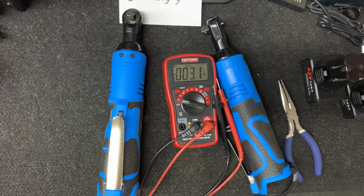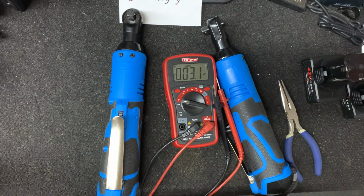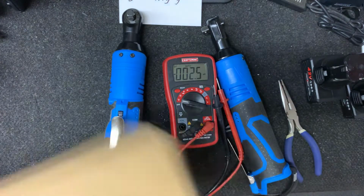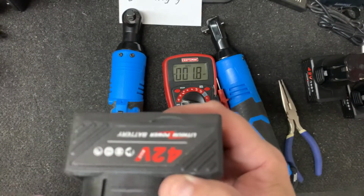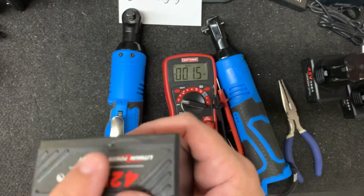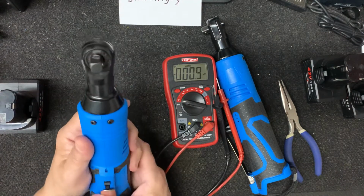Now, the second one, the only issue, which was not their fault, is it poured down rain the day it came. So the box opened up on the one end. Thankfully, the tool was not damaged itself. However, which I marked down, I don't know if the camera will pick it up. Yes, it does. You can see that the battery ended up getting a little bit cracked. Other than that, the tool itself is fine, and you'll see compared to the other one,